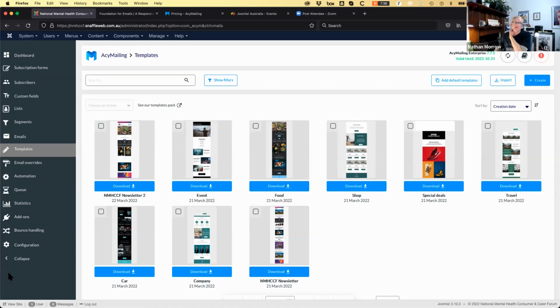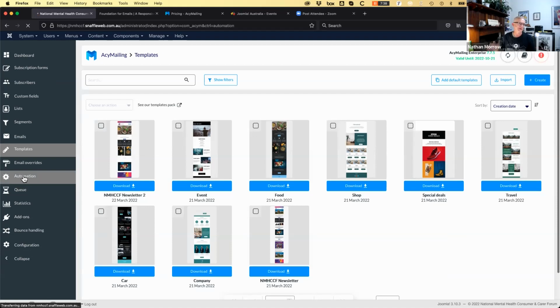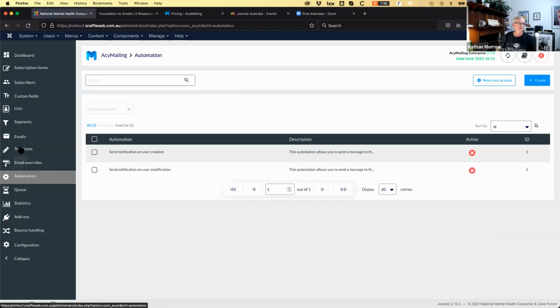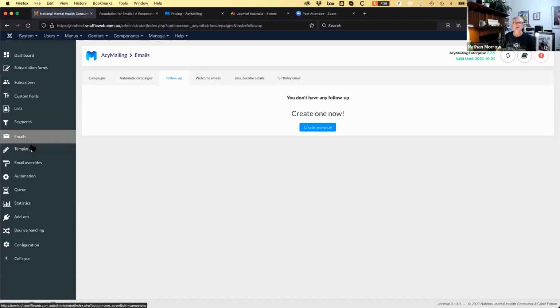I said I'd touch on automation a little bit. It's going to be a very little bit, mostly just about follow-up emails, which don't live in here, they live in the emails section. So with our freshly created template, I can create a follow-up email. So this would be useful for, you know, a series of automated emails when someone subscribes to a list. So if you're trying to get them to use different features of the website, or to buy things, or to sign up for a service, you can keep hammering them with emails.